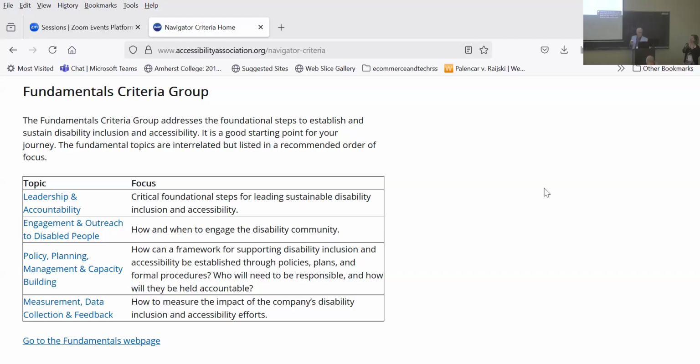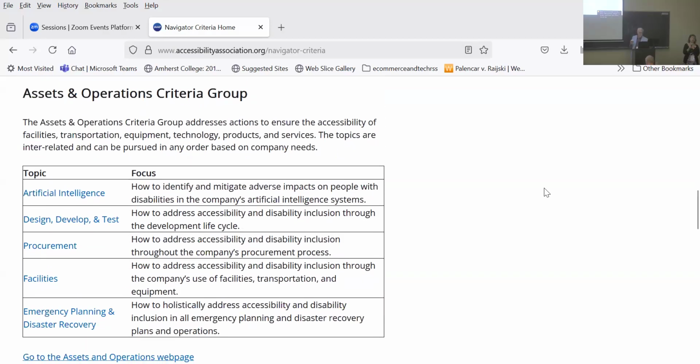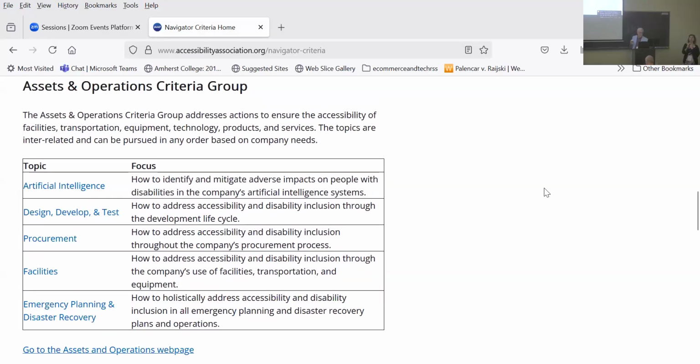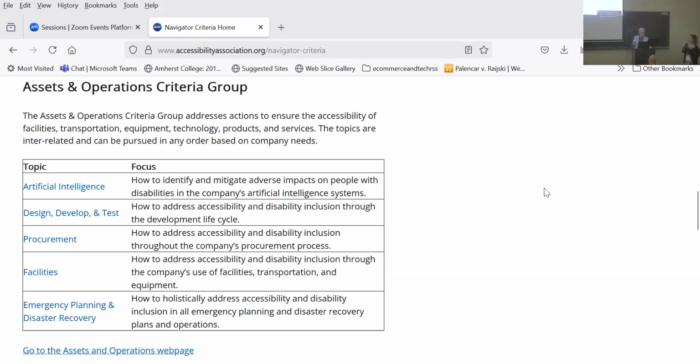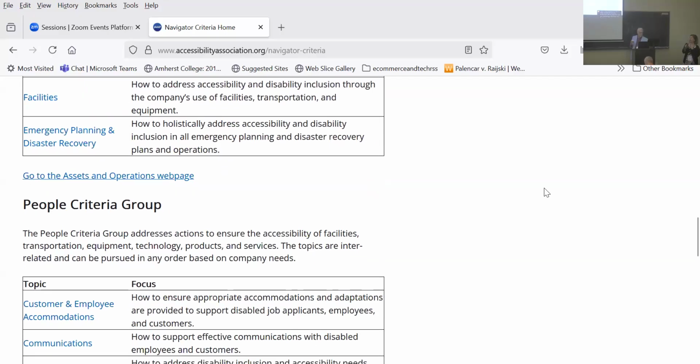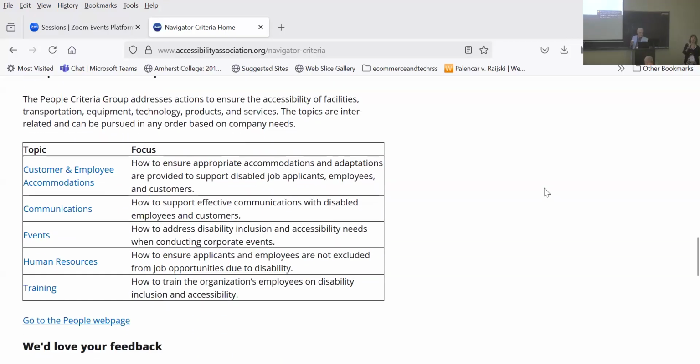The second category is assets and tools, and these are all the things like, what tools are you using, what standards are you following, what practices are you following? And the next category is about people, and this is all about your communication, your training, for instance. How do you engage effectively to make sure that alternate formats are provided to people, and so on and so forth. And as we go through each of these, you'll find some subcategories.